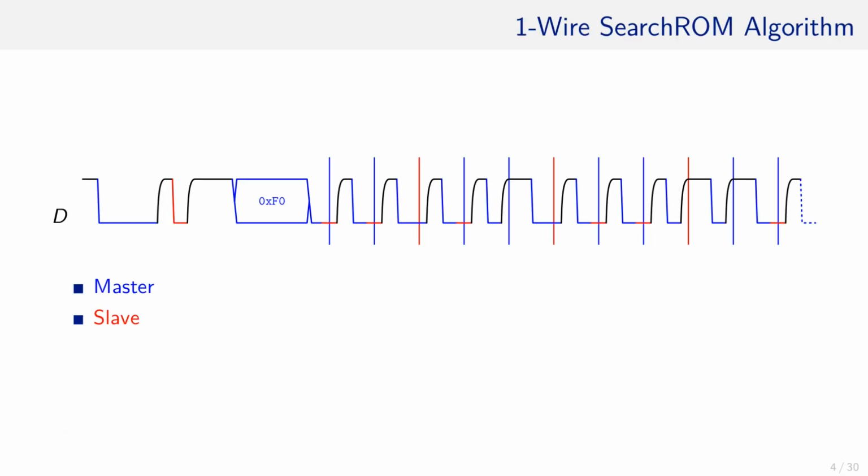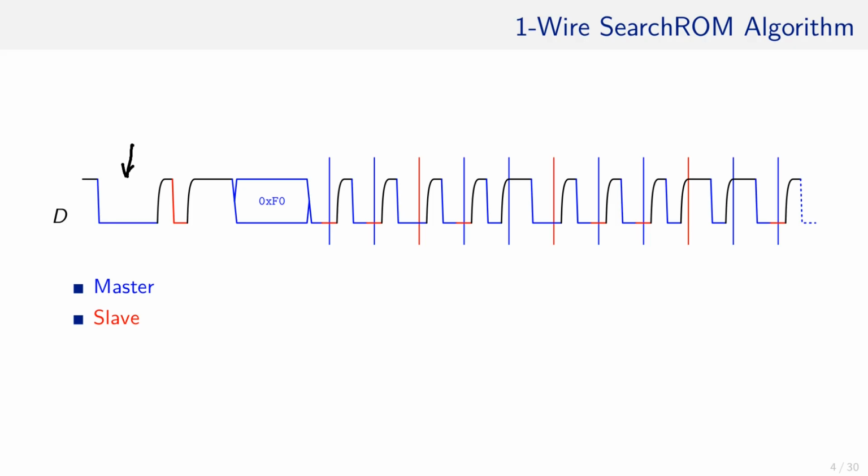In the last chapter, we discussed the search ROM algorithm in greater detail. It is used by the one-wire master to find all slaves connected to the one-wire bus iteratively. As noted before, if the master manipulates the wire, it is indicated in blue in the waveform. As an example, this reset pulse is generated by the master to align all slaves and bring the communication interfaces